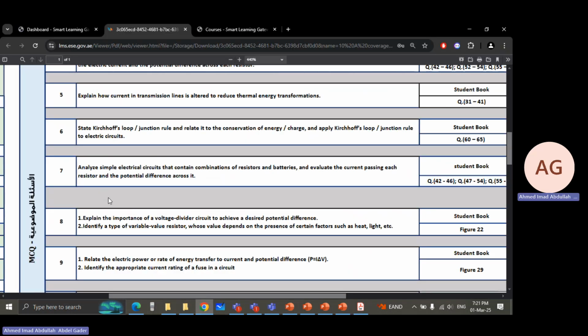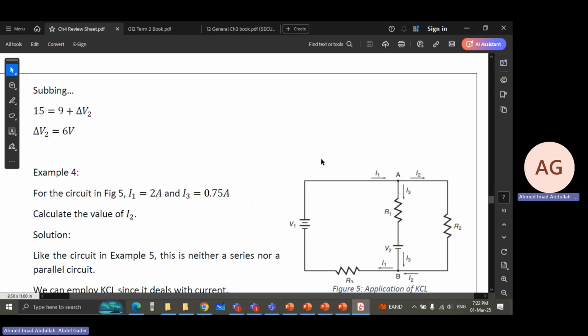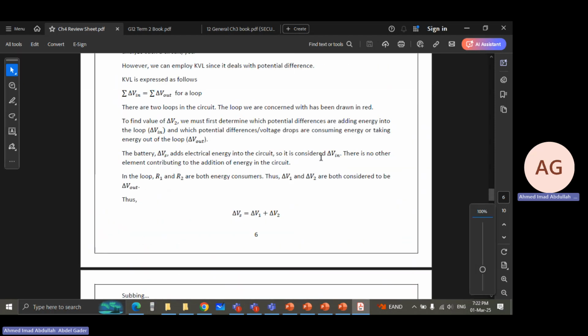7. Analyze simple electrical circuits that contain combinations of resistors and batteries and evaluate the current passing each resistor and potential difference across it. So this is just a repeat of the previous questions. I will not go through that again. Question number 8. Explain the importance of voltage divider circuit to achieve a desired potential difference. 2. Identify a type of variable value resistor whose value depends on the presence of certain factors such as heat, light, etc. Okay, let's go through variable